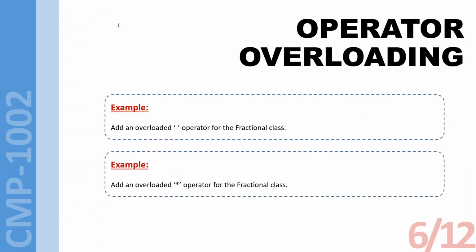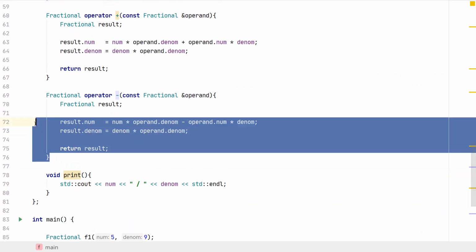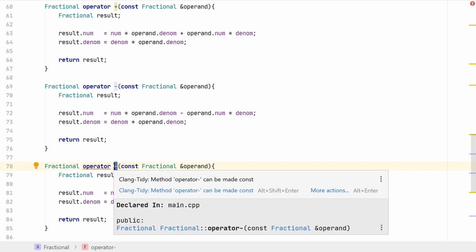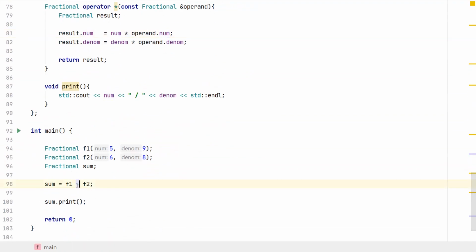One more example. This time, let's overload the multiplication operator for the fractional class. Again, I'm going to copy and paste. It's going to be a good starting point. The name of the operator is now changed to star. Denominator is the same, because if you are trying to multiply two fractional numbers, the numerators are multiplied among themselves, denominators are multiplied among themselves. So the second part is the same. The first part is gonna change. The first part is gonna be shorter, numerator times operand dot numerator. And if I call this one here,